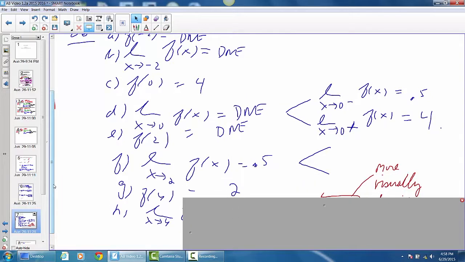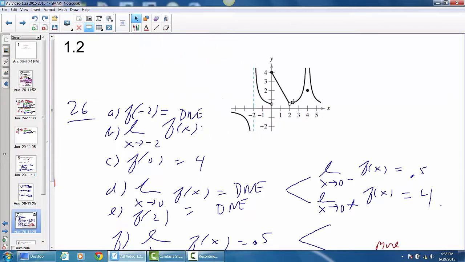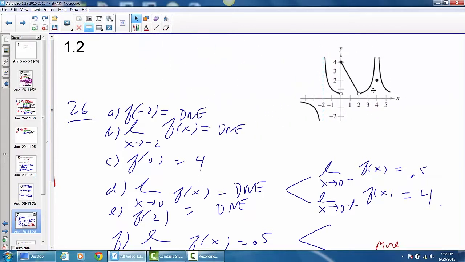And finally, they want the two-sided limit as x approaches 4. Let me just pull this over here for you to see it. The implication here is that there is a vertical asymptote right here. I don't know why they didn't draw it, but you can see that this is going up forever, this is going up forever. There's no way it could turn around and come back down, because that would put 2 points on the same vertical line, and this would no longer be a function,